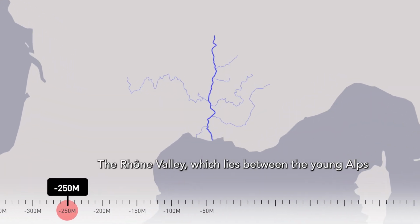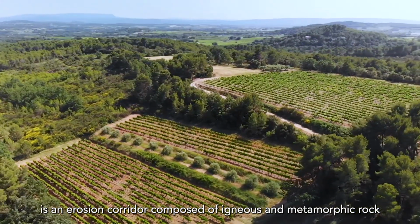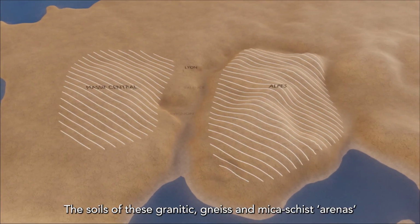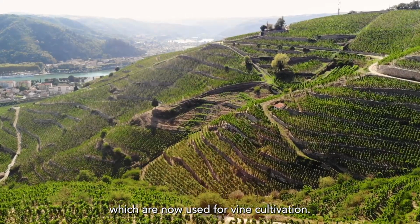The Rhône Valley, which lies between the young Alps and the ancient bedrock of the Massif Central, is an erosion corridor composed of igneous and metamorphic rock belonging to the Massif Central. The soils of these granitic, gneiss and mica schist arenas form steeply sloping hillsides, which are now used for vine